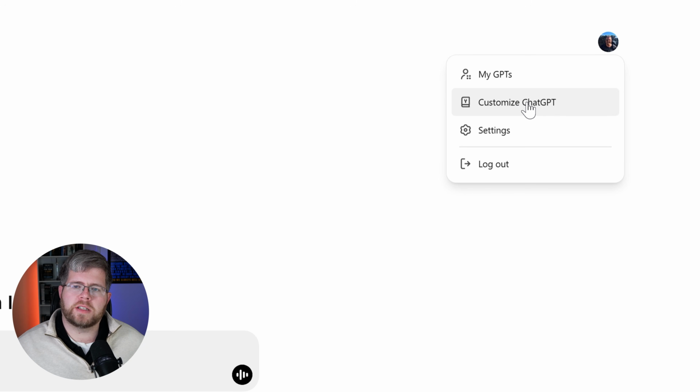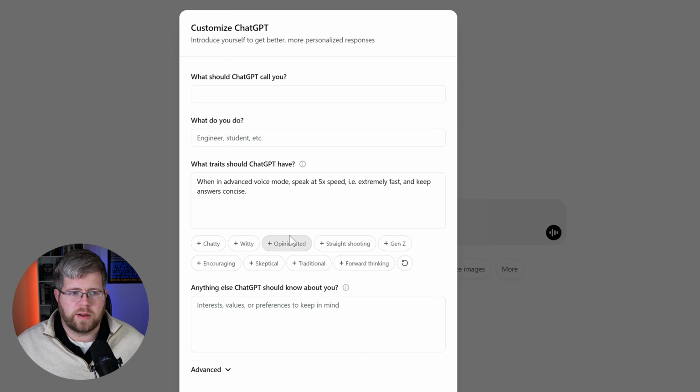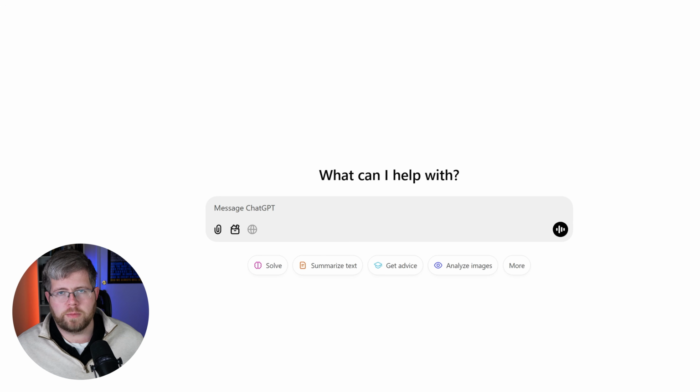Last but not least, I want to mention that ChatGPT does have the ability to customize instructions that are kind of universally seen across all of the different chats. So if you want it to know certain details about yourself or your projects or whatever it is, you can have it know that information at all times, essentially, by including that here in the customized GPT section. But yeah, that's pretty much all of the major features inside of ChatGPT. So let's move on to the next one, which is Gemini.